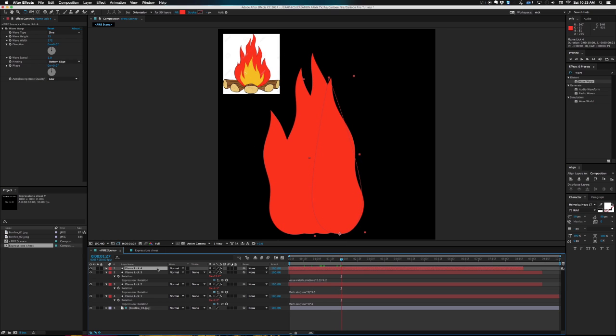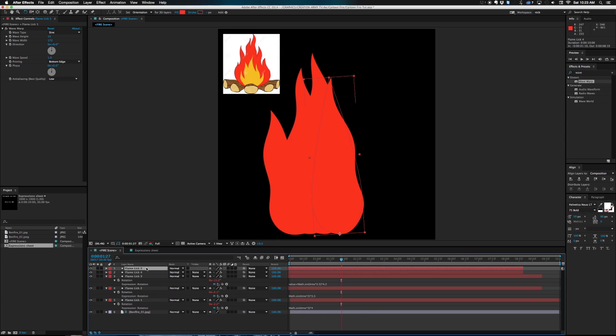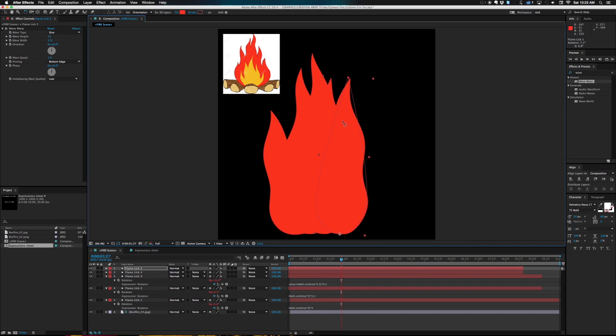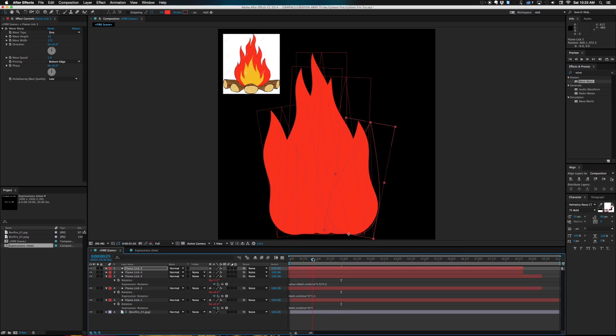They're still moving back and forth nice and randomly, and they're oscillating with wave warp randomly, or what seems like randomness. I'll take flame lick number 4 and duplicate that. That's Command D or Control D on the keyboard, and I'll rotate it a little bit more, and I'll make it a little bit shorter, just like this flame lick on the far right side of the guide image. Move this way out over here, rotate it a little bit more. There we go,